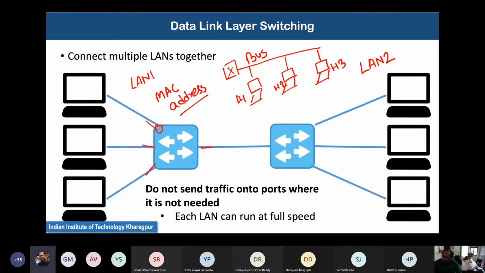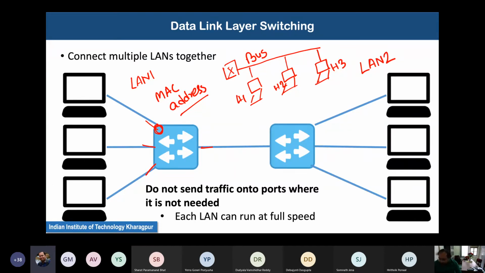We'll see in a couple of minutes that a switch can learn which MAC address is connected to which particular port. But whenever you connect devices for the first time, the switch is a kind of blind device at that instance of time, and it doesn't know which port a device is connected to. So whatever data is transferred to the switch with the help of a broadcast MAC address, all the devices receive.